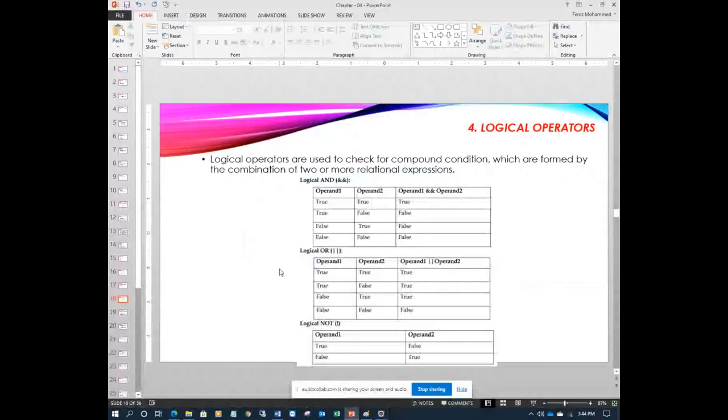So these are all your relational and logical operators. They combine two or more relations in one place, as one whole condition. Like you see in real examples, for any user authentication, when you want to log in to any website, first it will prompt you for the username and password, right?